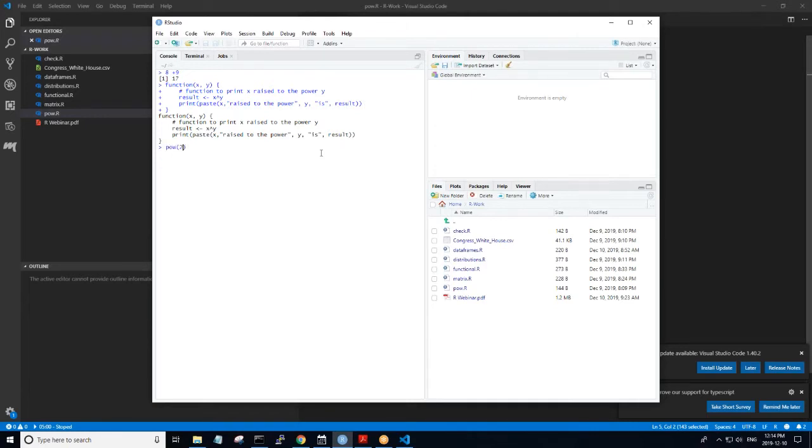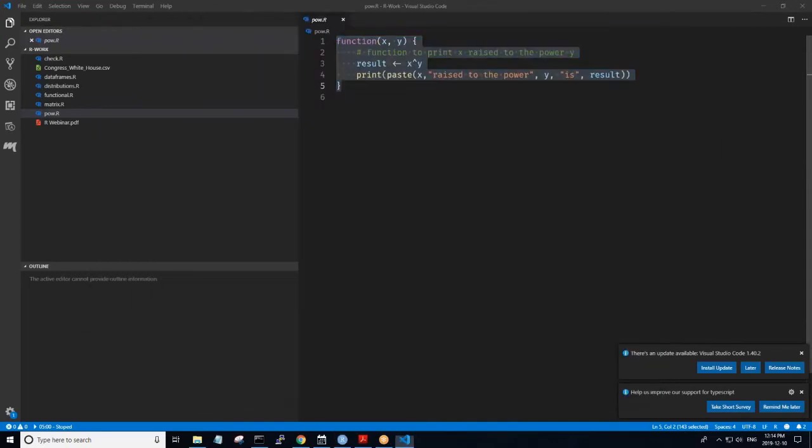So let's actually now use that function. I don't know if I've done it correctly. Whoops, cannot find function pow. There we go. Okay, I see what the problem was. I pasted that wrong anyway. What we can do is define functions like that.